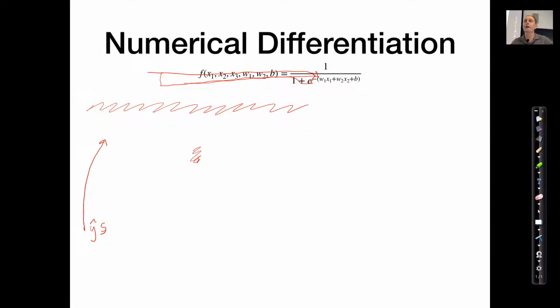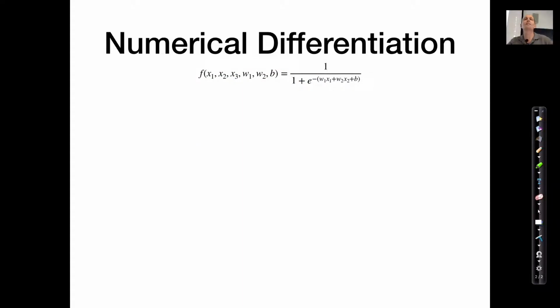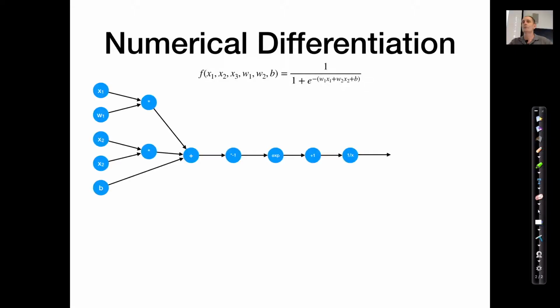And in fact, one way is numerical differentiation. So let's say we've got this function, and we are trying to calculate the gradient of f with respect to, let's say, w1. So this shows that same computation, right? We've got a computation graph here where every primitive arithmetic operation has a node. So x1 times y1 is represented with the star here. x2 times